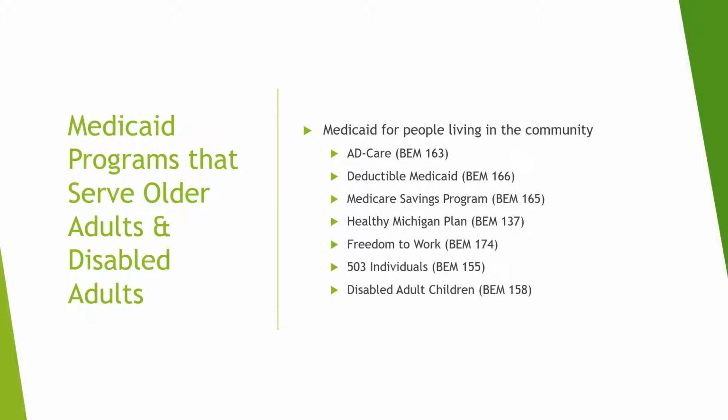The Medicaid programs that we see for individuals that come to MAP for services are for older adults and disabled adults. Each program has its own eligibility requirements listed in the BEM. The programs designed to assist older or disabled adults living in the community are AdCare, also referred to as Full Medicaid, with more detailed eligibility requirements found in BEM 163; Deductible Medicaid, found in BEM 166; Medicare Savings Programs, also known as MSPs, Qmb, Slmb, Almb, found in BEM 165;